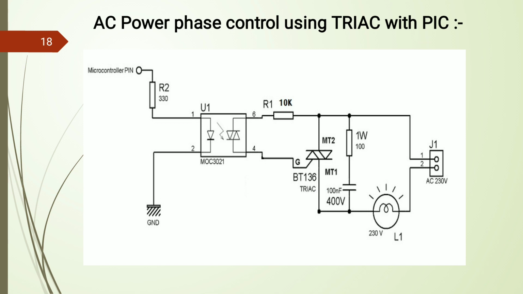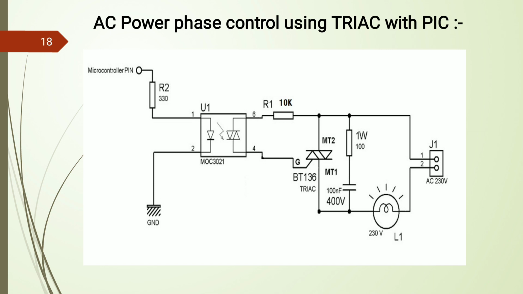Here we see the circuit for connecting an AC load with the PIC microcontroller with the help of a triac circuit. If we see from the left side, the controller pin is mentioned here, we connect the output pin of the PIC microcontroller through which we can generate the pulses or signals, and based on the generated pulses as well as the duration of that particular signal, activation high or low, signals are applied to the optocoupler, that is MOC 3021 or MOC 3041.